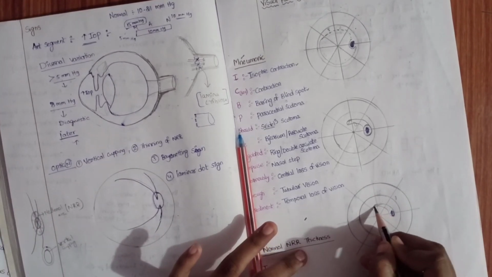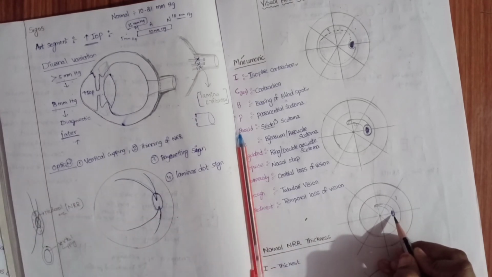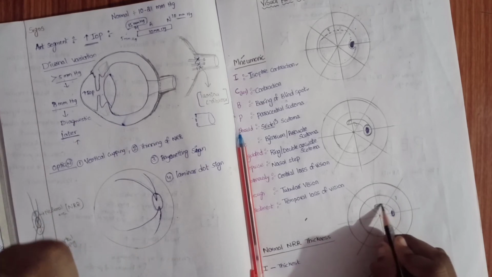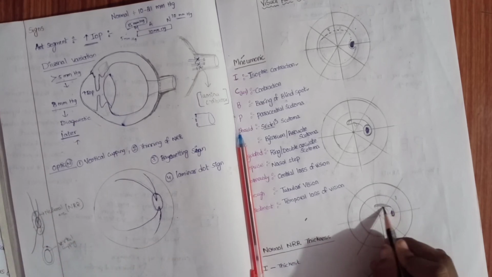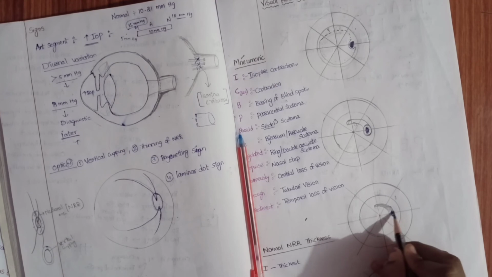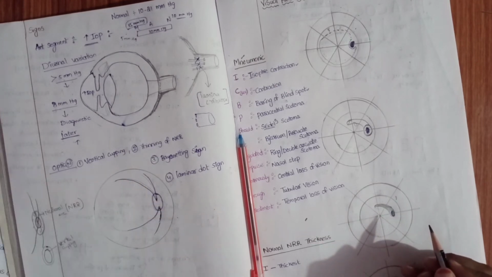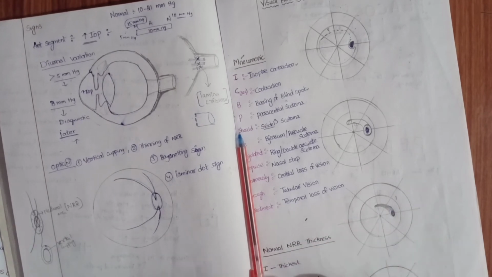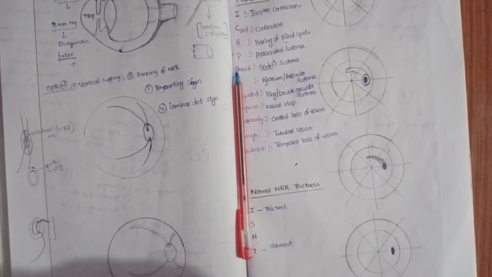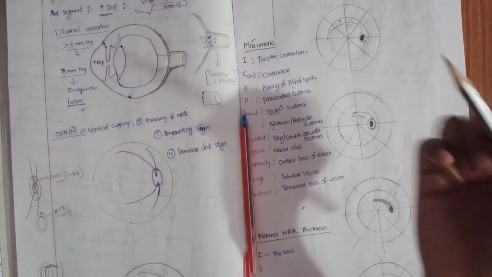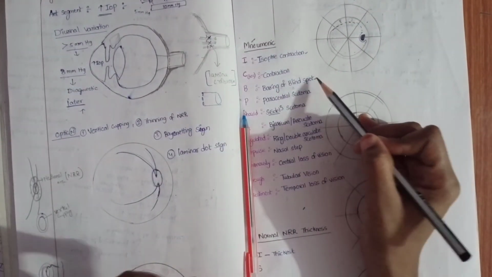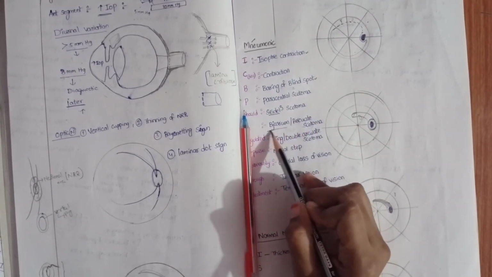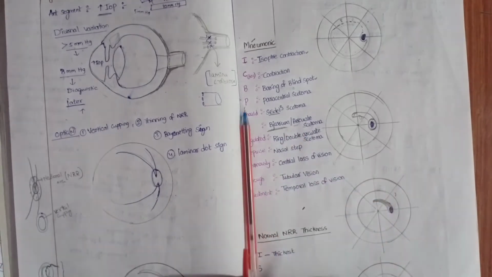When the paracentral scotoma and the bearing of blind spot meet, this darkened area has the vision loss. Any vision loss in a specific part of the visual field is called a scotoma. This is the cecal scotoma. After that we have the Bjerrum's scotoma. Remember: isoptic contraction, bearing of blind spot, paracentral scotoma, cecal scotoma, and the Bjerrum's scotoma or arcuate scotoma.